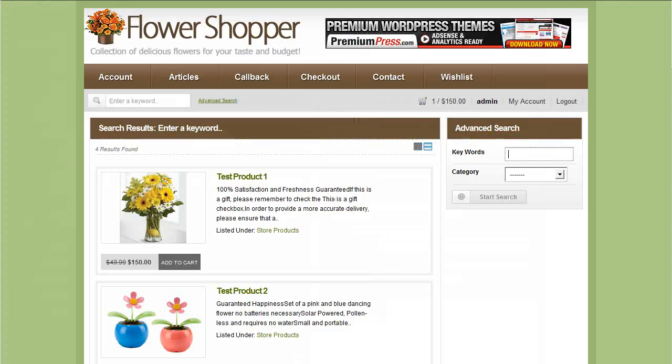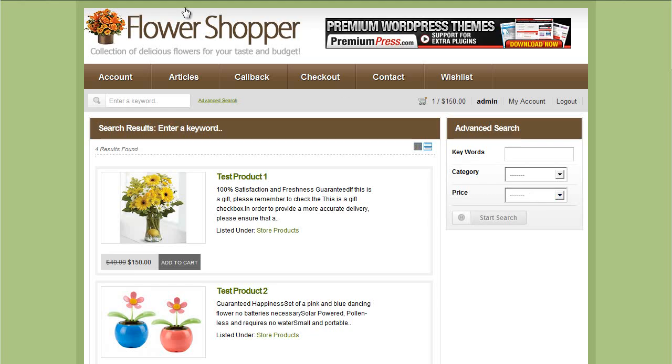Now by default, WordPress will list all of the values in the database for that specific range. So all of the products that have a price, it will list that price within the actual drop-down list as a default value. And it's the same with categories and everything else. It will only show you the values that currently exist in your database. So obviously at the moment this isn't very good, so we need to customize this now to make it more